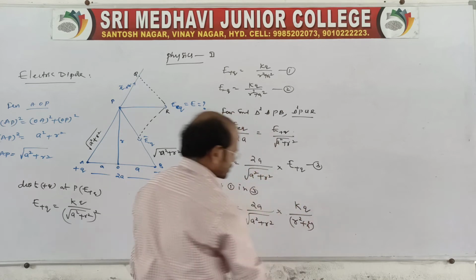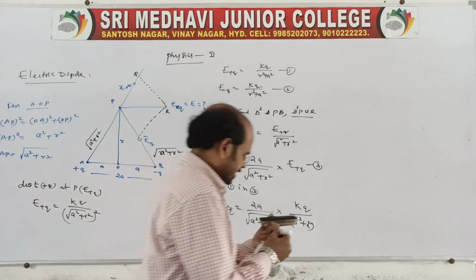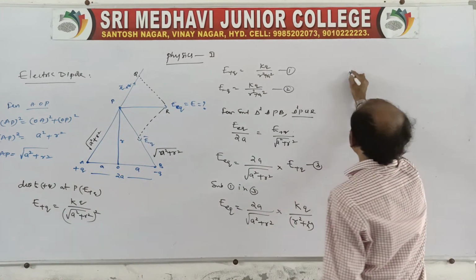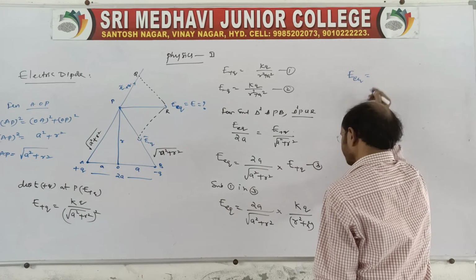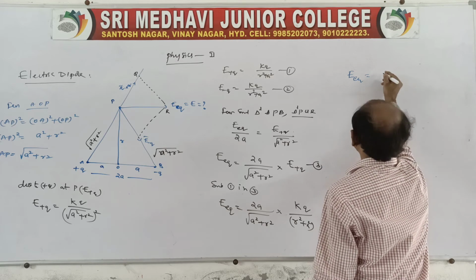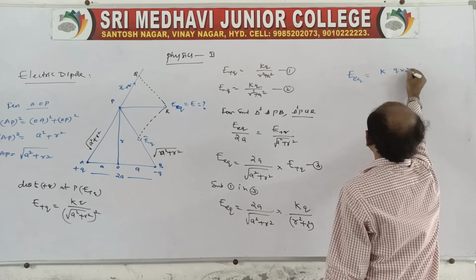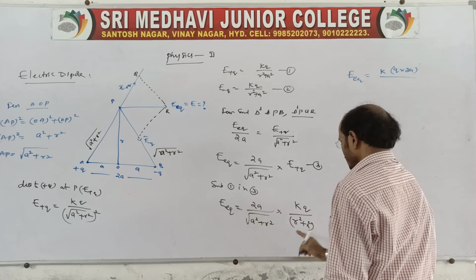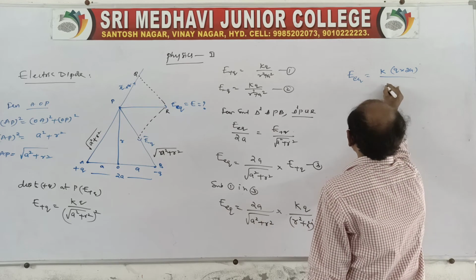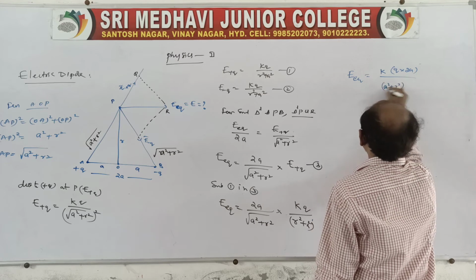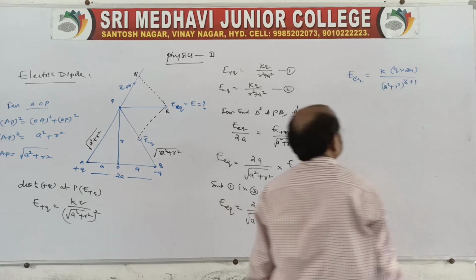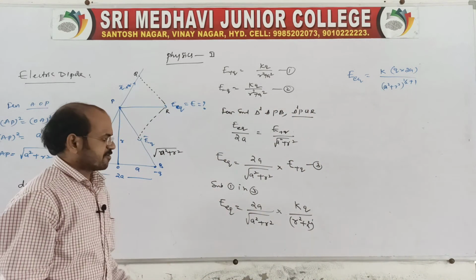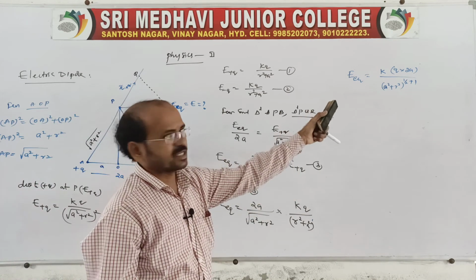We are almost at the end, so we can take it like this from here. On the equatorial line, write K separately, Q into 2a by root over a square plus r square, and here also power 1 is there, so you write a square plus r square whole power 1 by 2 plus 1, because the bases are the same. If the bases are the same, therefore the powers are to be added.